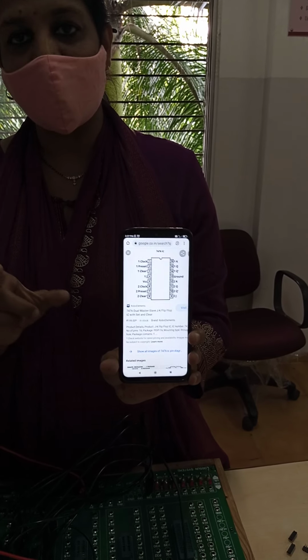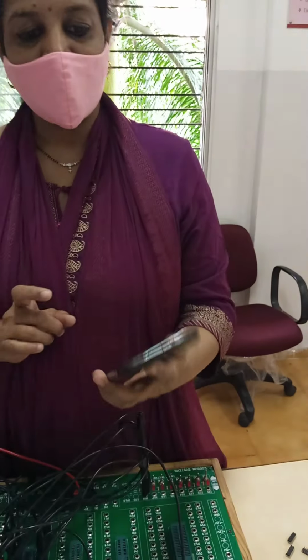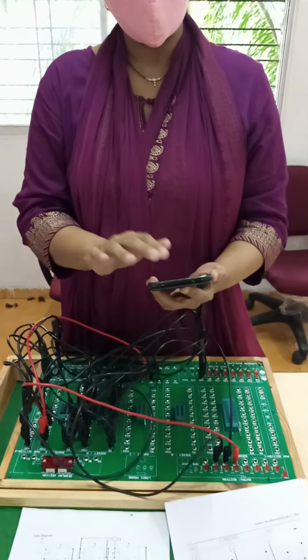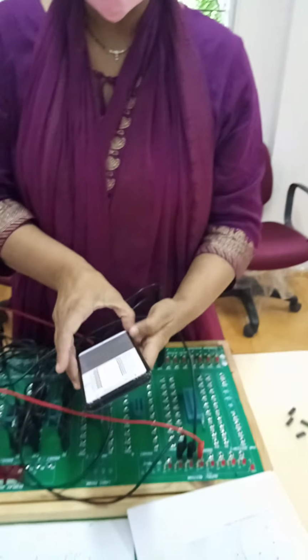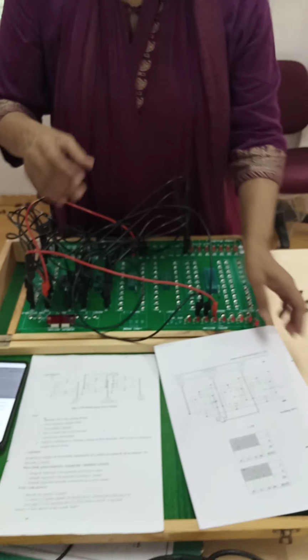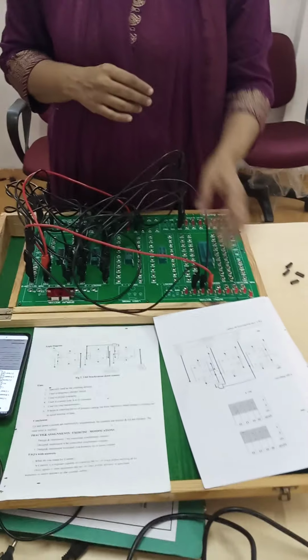Sorry, IC number 7476. It is a 16 pin IC. This is 7476. And when we are designing a mod 8 counter, obviously we need 3 flip-flops because it is 3